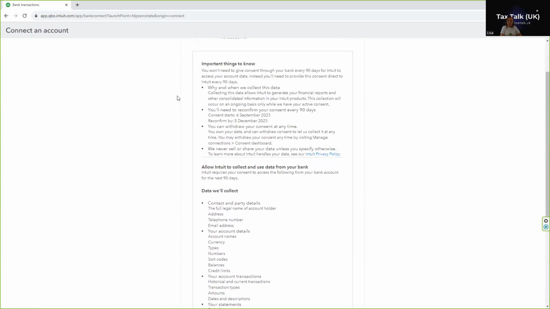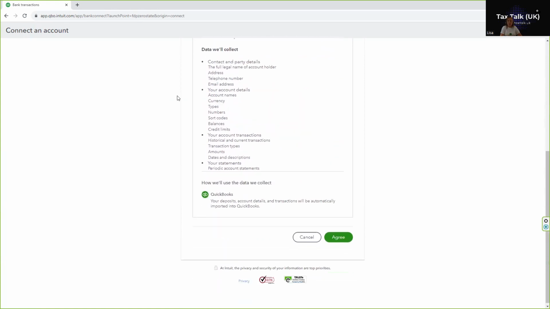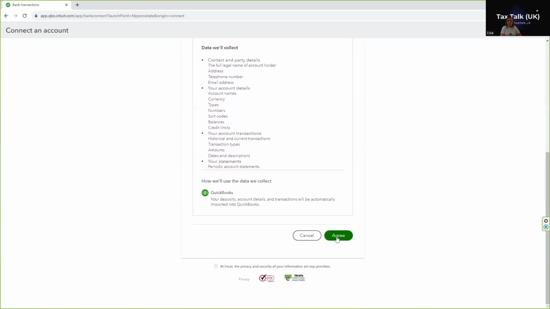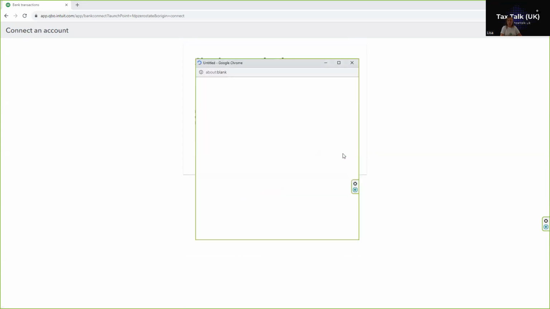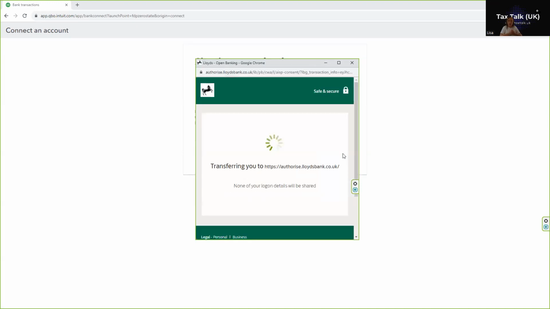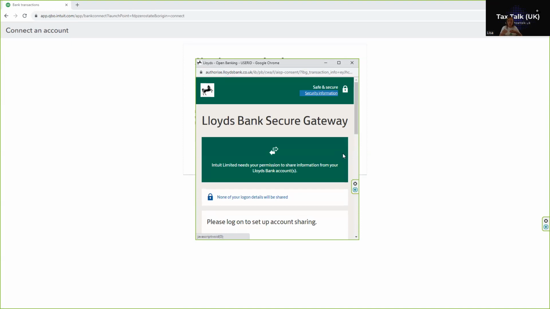So here's the consent, which of course you should read all of the consent and understand exactly what you're agreeing to. And obviously, if you don't agree to it, then you can't proceed, but you do need to understand what you're agreeing to. And now it's telling you to sign into your bank. So here, this is as far as I can actually get in the demo. It's going to then transfer you to the Lloyds Bank. You'll put in your online banking details, and that will authorize the connection, and then it will take you back